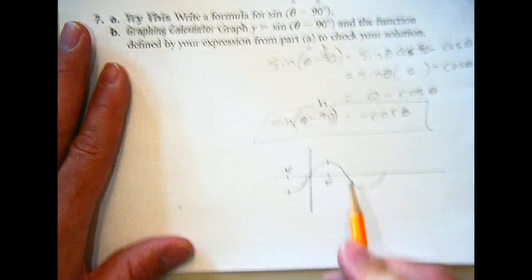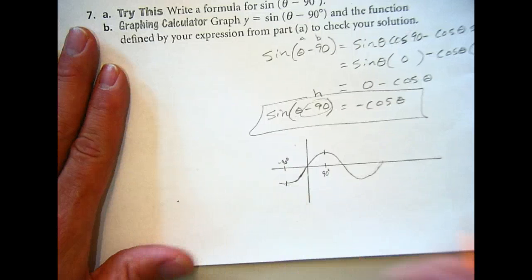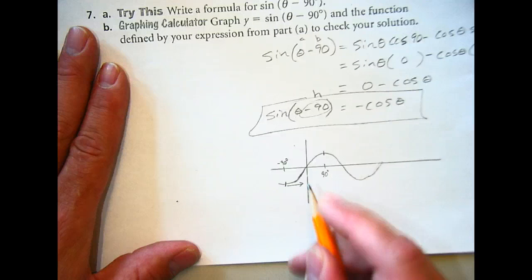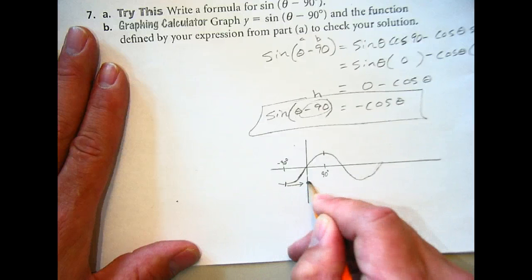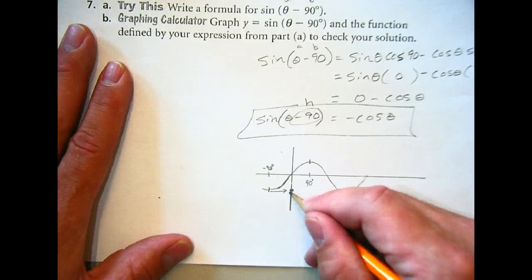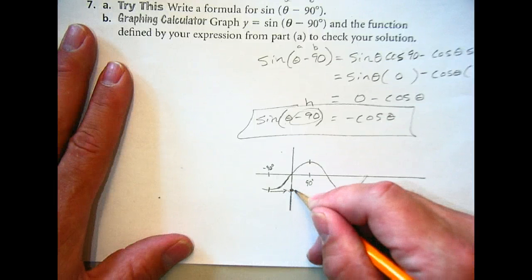Hey, 90 degrees. If I do a 90 degree shift, stay with me, please. If I do a 90 degree phase shift this way, this point now is right here. Okay? And as I start cruising through and doing that graph,